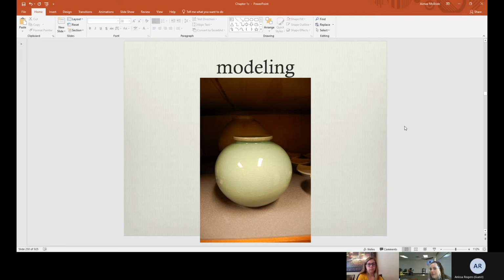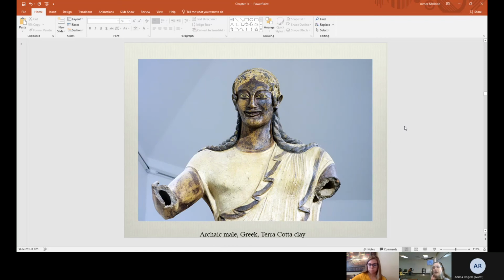This is modeling. Modeling, if you remember, is something you're doing with a malleable medium and you're adding to it to create the object or shape that you're wanting to achieve. Usually modeling is done with clays, once again, something really soft and pliable. This is a Korean vase. It would have been thrown on a potter's wheel with clay. This is a terracotta man